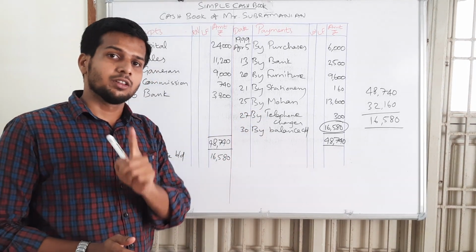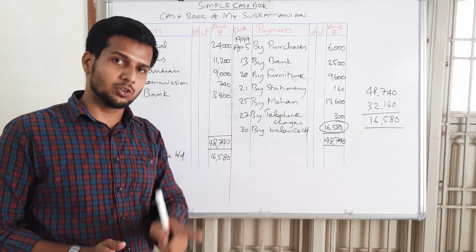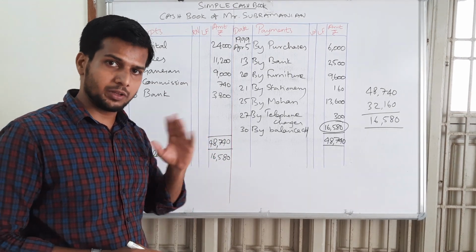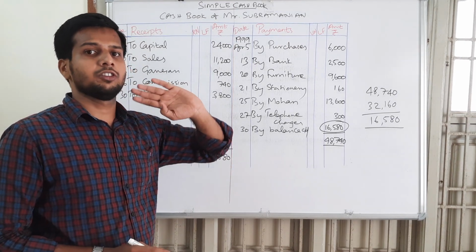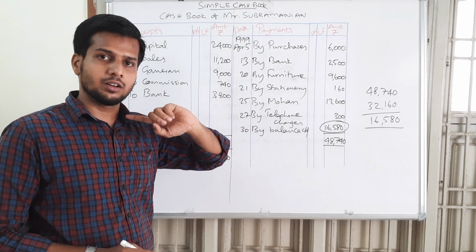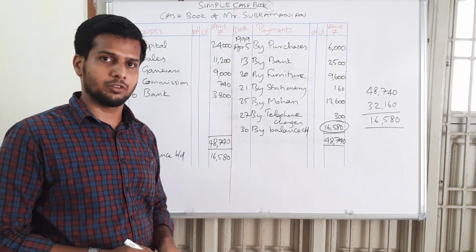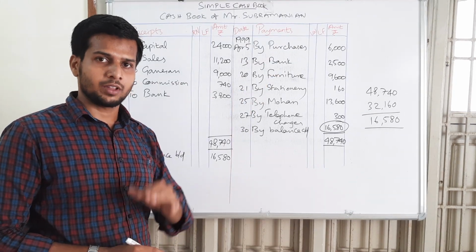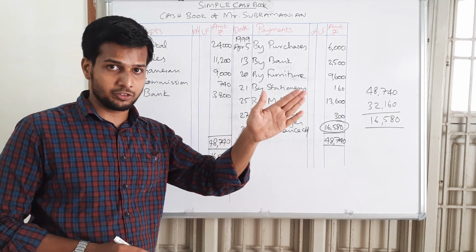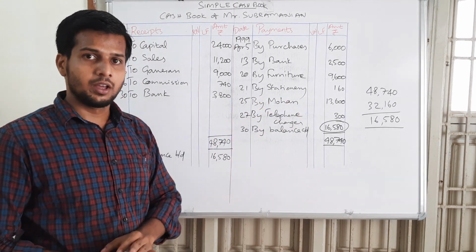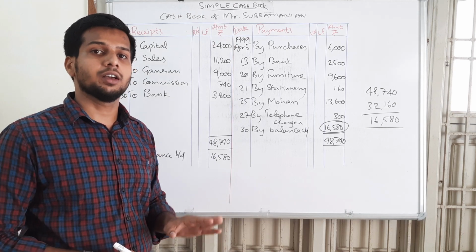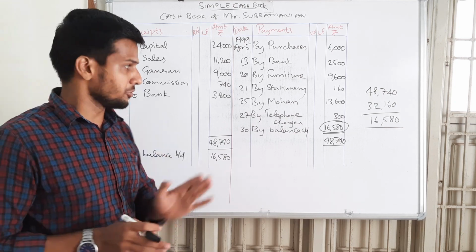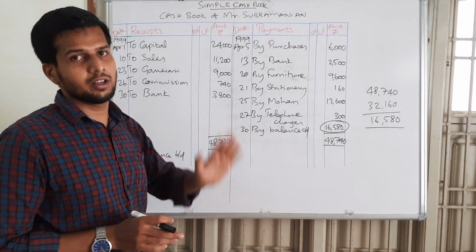And the next thing is the credit transactions must be ignored, okay. The transactions which do not fall under the cash book should not be recorded here. So the purchases book is for credit purchases, the sales book is for credit sales, and purchase returns and sales returns are for separate purposes. The bills receivable and bills payable must be recorded in separate books. And the cash book is only for cash receipts and payments, which are immediate cash transactions, and only those must be recorded in the cash book.